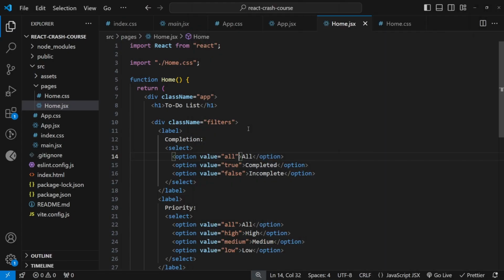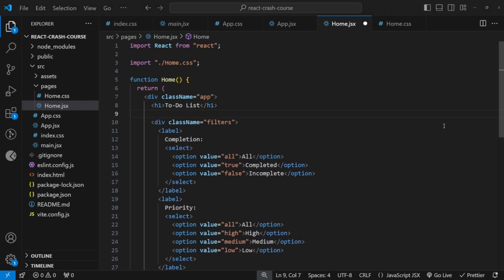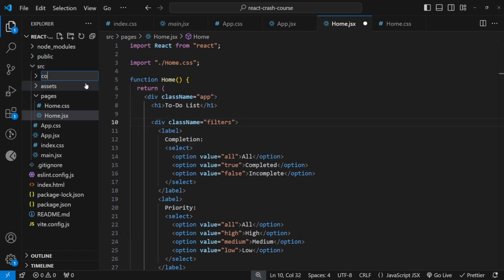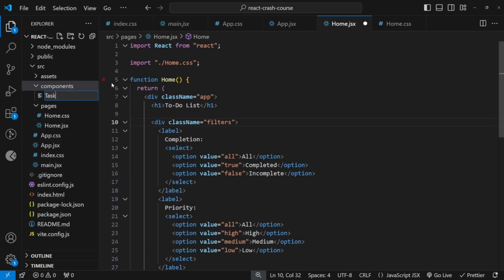That's super, but this is the filtering part, and for us to filter something, first we'll have to add elements. Second, we'll have to list those elements. I'd like to tackle the adding of elements first. We'll be creating a component here, and that component will be called taskform.jsx. In fact, in the source folder, it's good practice to create a folder for your components, and then inside that, create a new file,